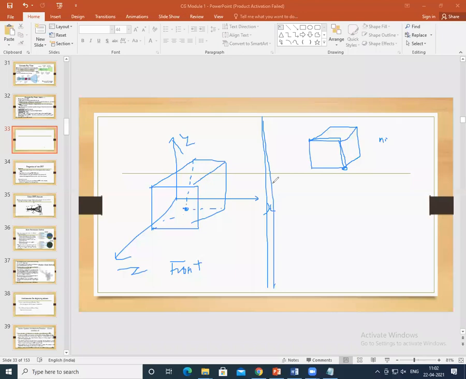Tomorrow's session, I'll go with a simple CG program, and there are a few instructions to be given before I end the session today. The session today is just to engage you and make sure that all of you follow my instructions. Are all flexible with the online class? And if you want any sort of interaction, you could have an interaction with me.